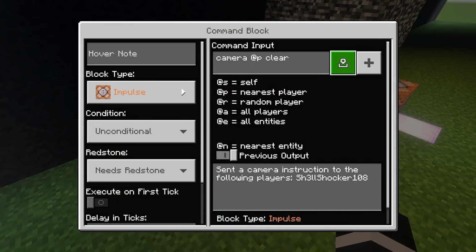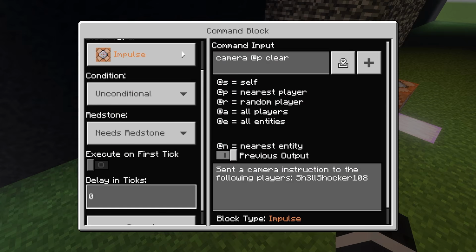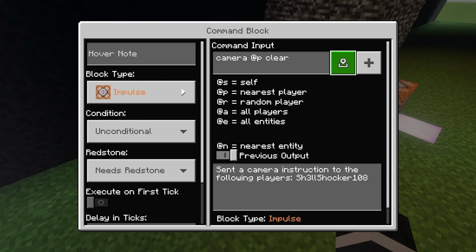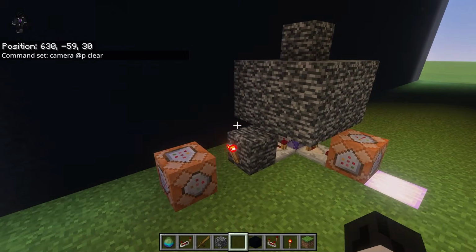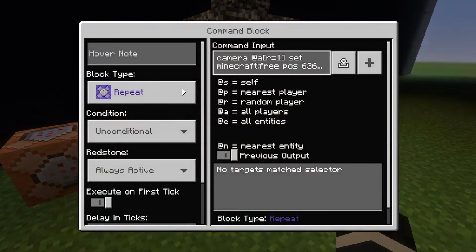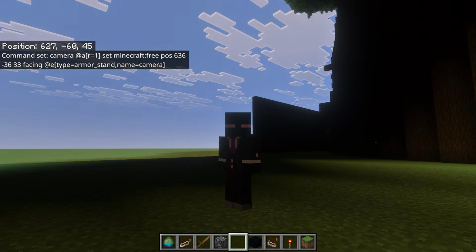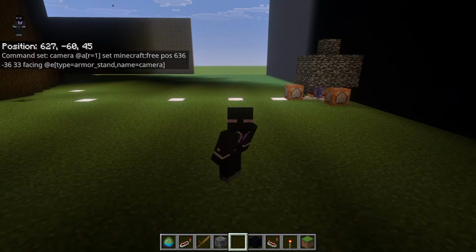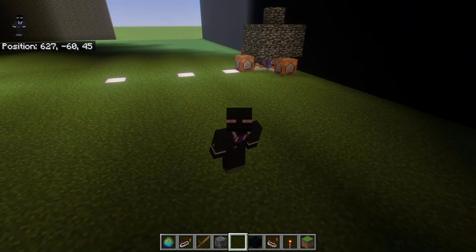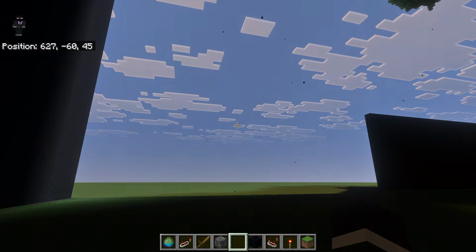And then this last one here is just needs redstone, no tick delays, and this is just clearing the camera. So this is just clearing the camera command, this one here, and putting it back to the player's perspective. So that's it for the commands. I mean, there's not much else to it. This is great for